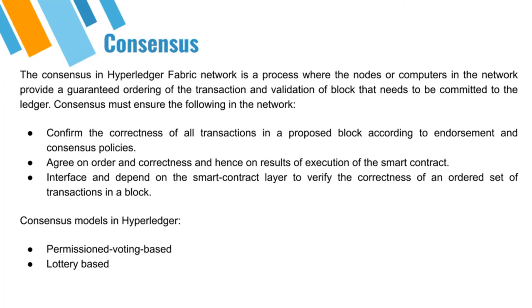There are two different kinds of consensus models inside Hyperledger. One is permissioned voting based, which is very similar to how Bitcoin works, where you have a multitude of nodes and they provide a vote on a transaction whether this transaction is valid or not. Let's say you have 10 nodes inside the complete network and a new transaction comes in. Then these 10 nodes provide a voting percentage on whether everything is working fine or not. Once we have received 2/3 of the votes, then everything is updated